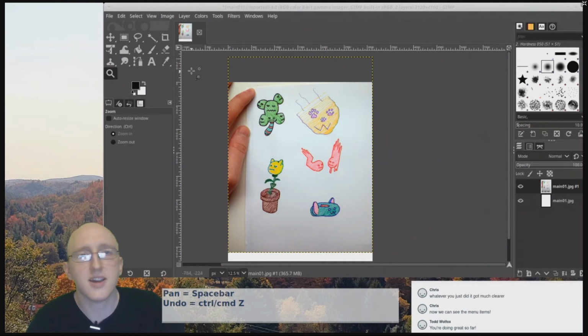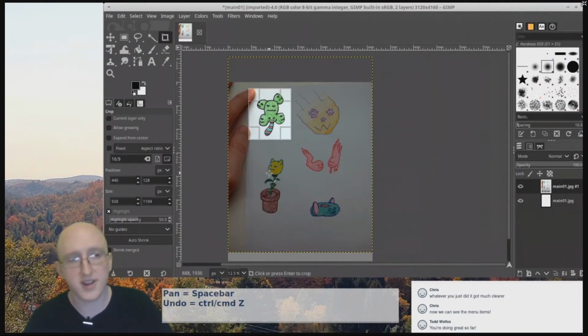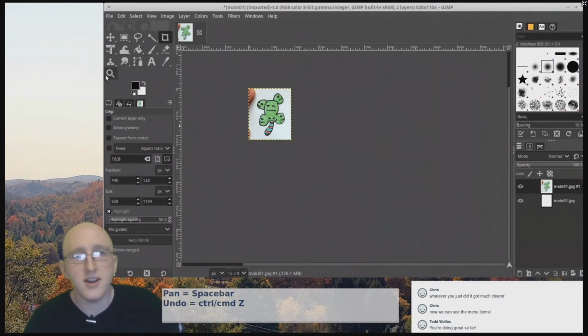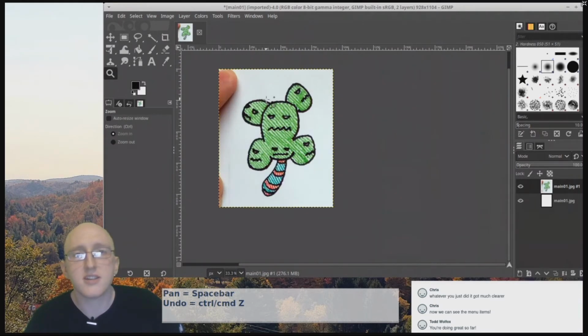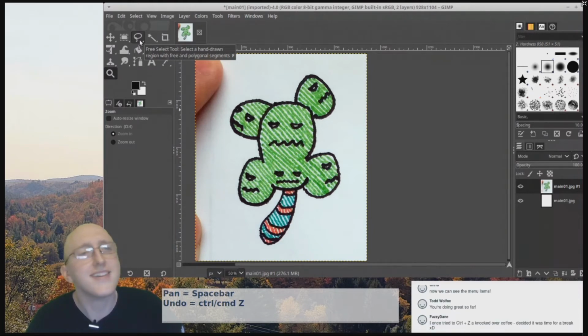So now, next up, Crop. This option right here, left click on Crop, and then we can left click and drag a box around the sticker we want to work on right here, and press Enter. Now let's zoom in a little bit on that. And next up, what we want to do is get rid of my fingers here. So come over here to this button, which is the free select tool,